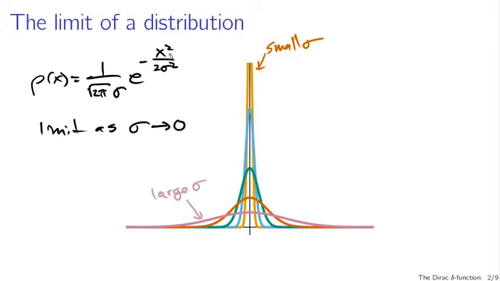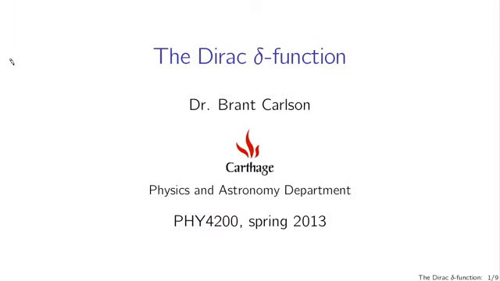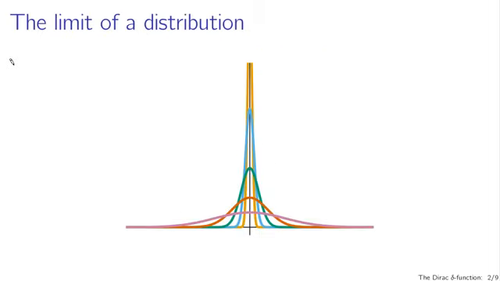We've already met the Dirac Delta function a couple of times in this course as examples. So it's good at this point, since what we're going to be discussing next is the Dirac Delta function as a potential, to discuss the general properties of the Dirac Delta function, how it works from the mathematical perspective. What I want you guys to think of when you think of the Dirac Delta function is the limit